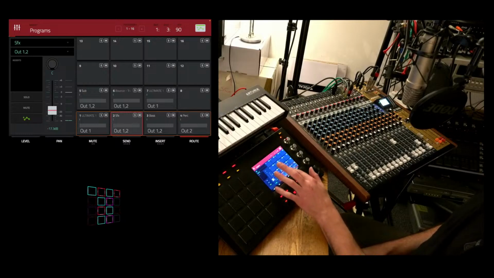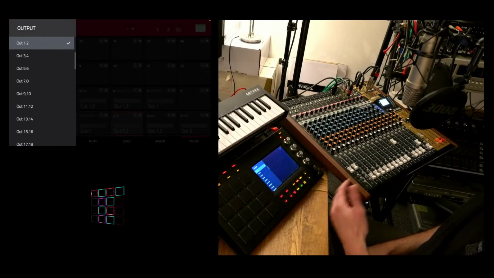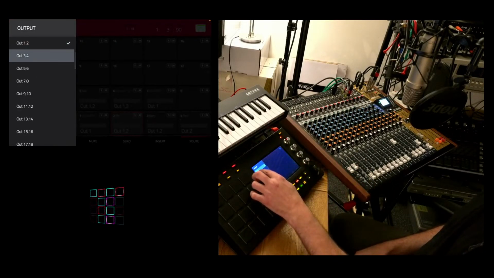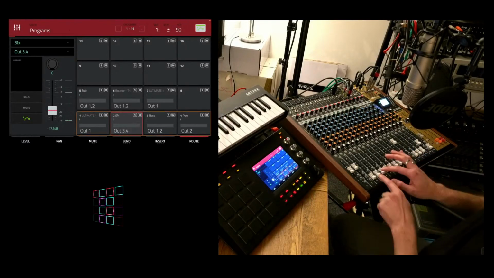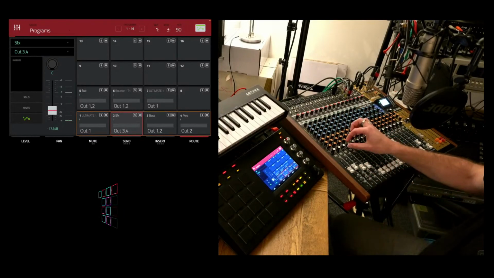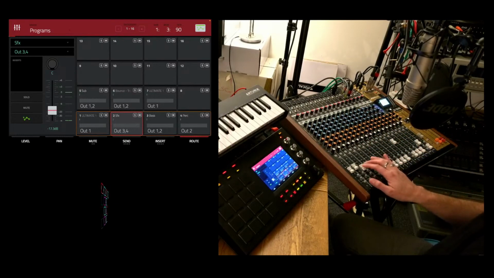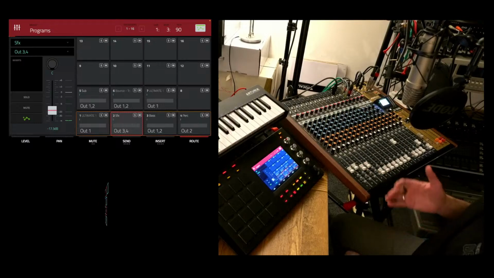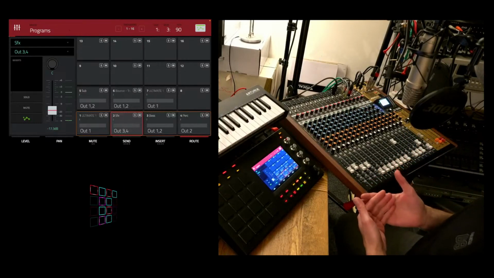Next is my sound effects. I generally always have this coming out of either 3 and 4 or 5 and 6, so I'm going to choose 3 and 4. That means these can stay the same. They're stereo, so my pans are left and right. I get stereo for my sound effects because they're also being sent to the delay, which I also want